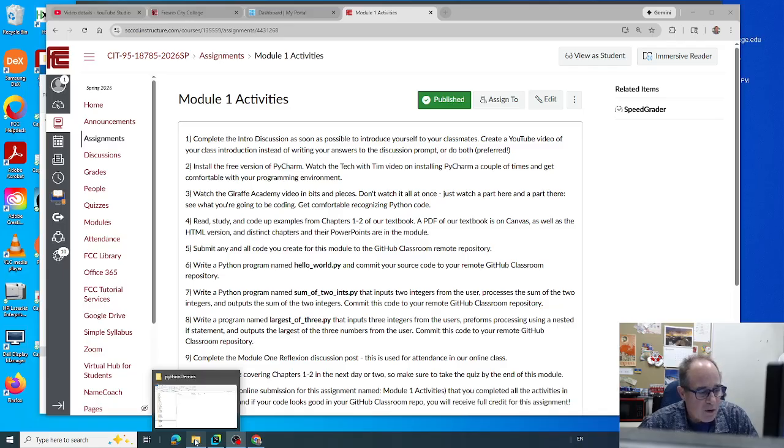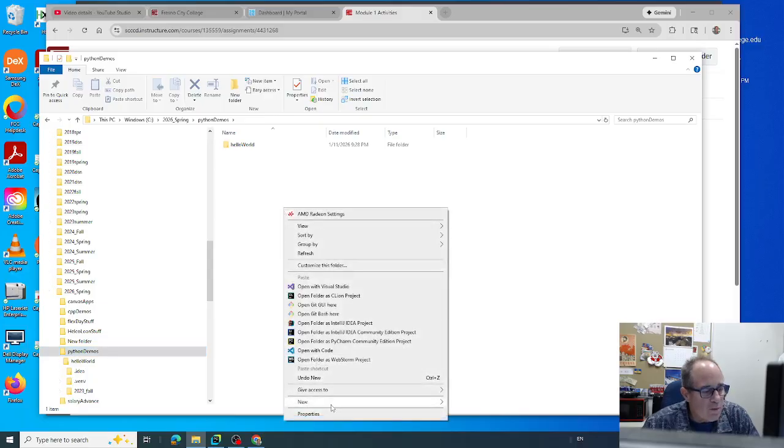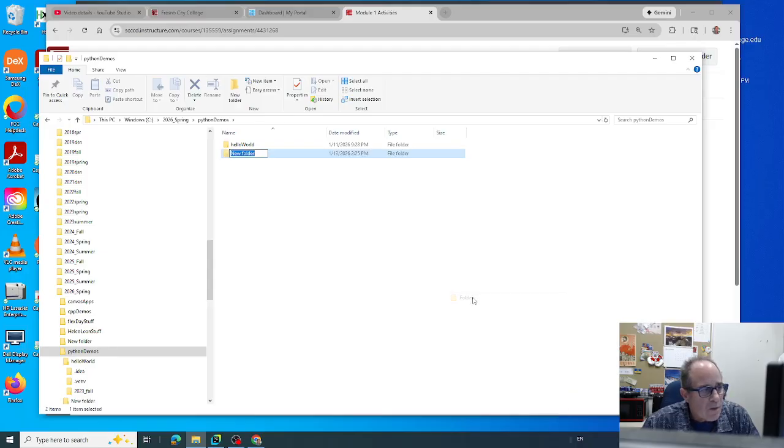I'm going to use File Explorer, and I am going to create a new folder named Hello World 02 because I already have a folder named Hello World. This doesn't have to be in, it's just a folder name. It does not have to be in Python-esque